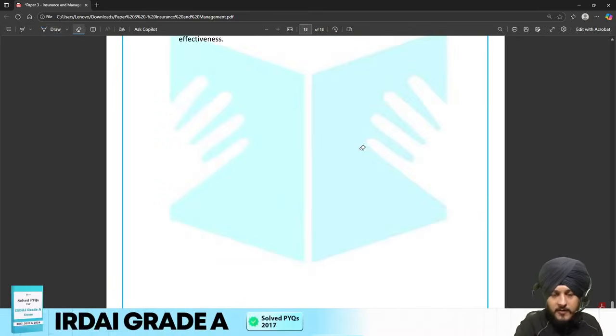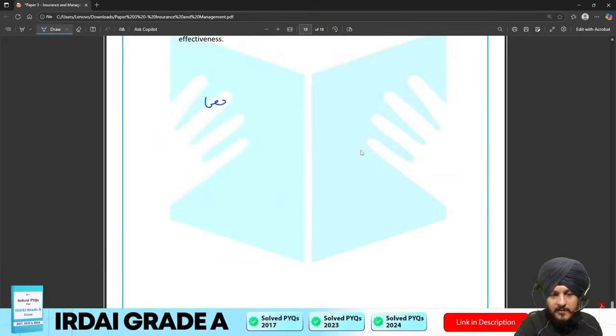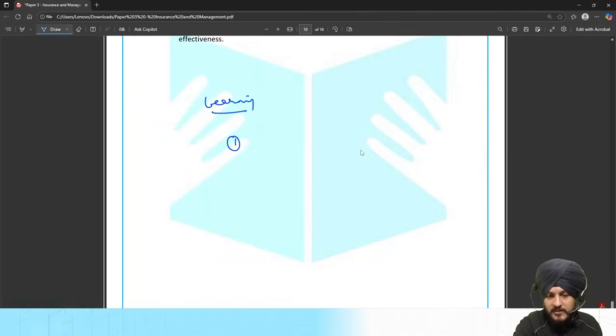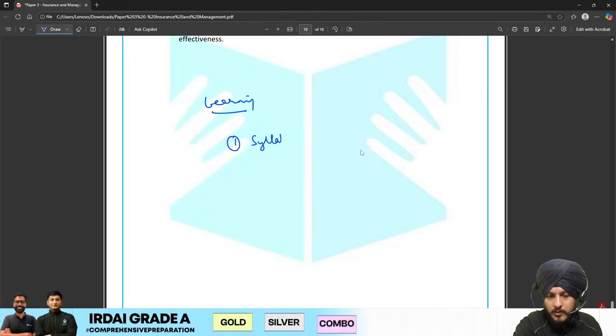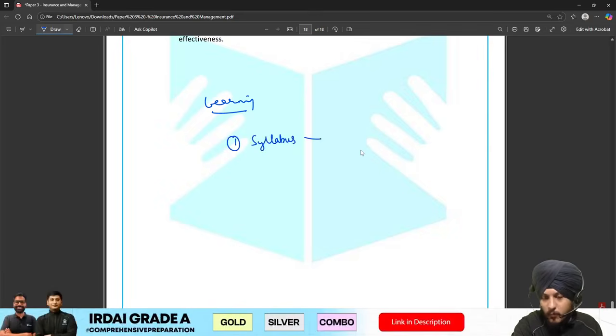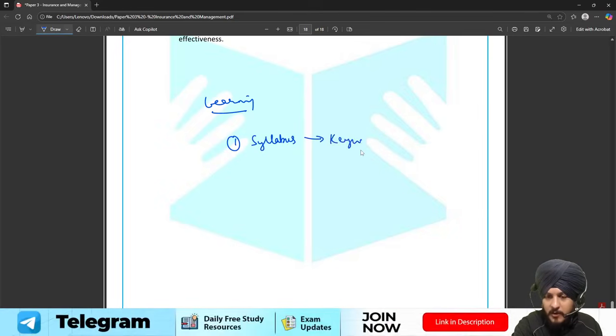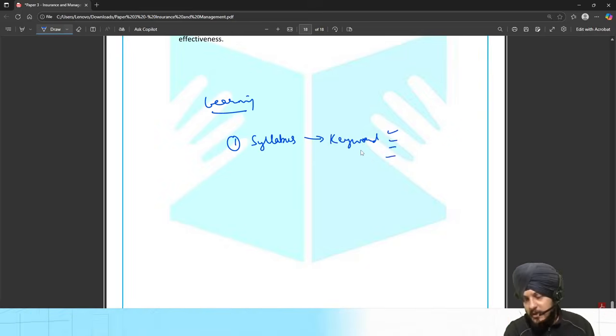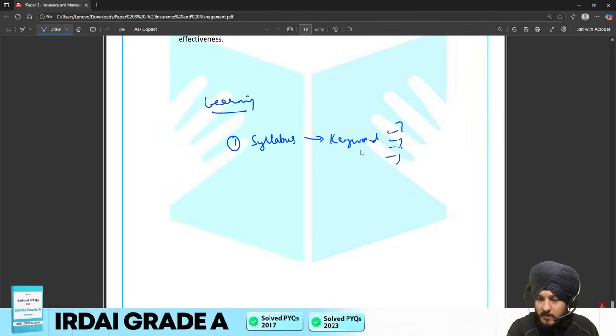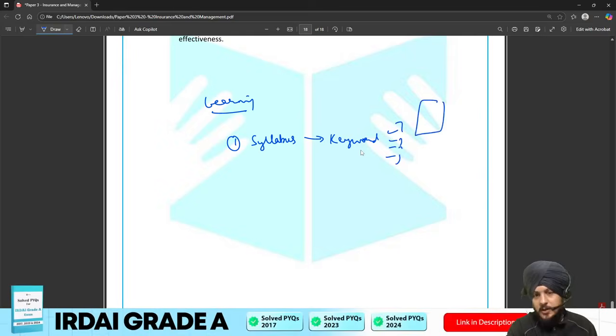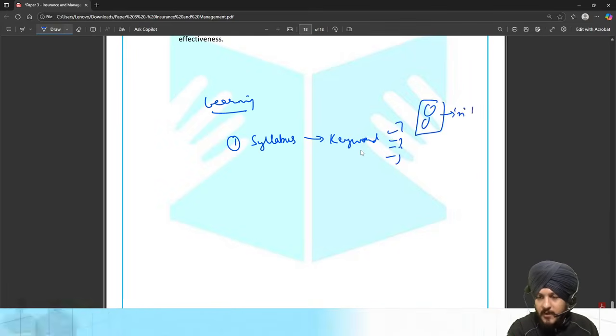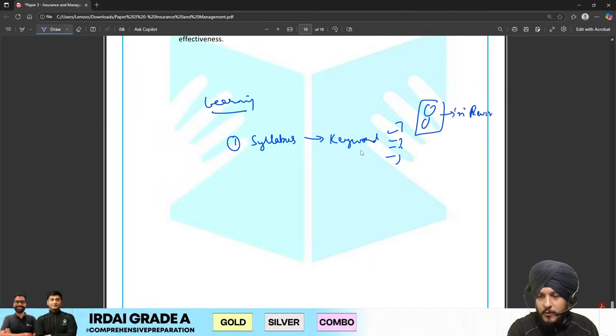Okay, so now to summarize the important learnings that you can take from this paper, the first and foremost learning is that please do not compromise with the syllabus. Whatever keywords have been mentioned as a part of the syllabus, make sure you are covering each and every keyword. Do not ignore the keywords. You should have a good command over every keyword. I would say make one page of notes on each, short notes, and revise those notes n number of times, so that you get a good command over this component.